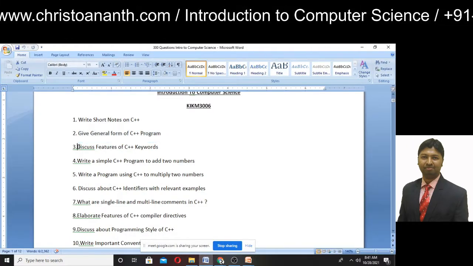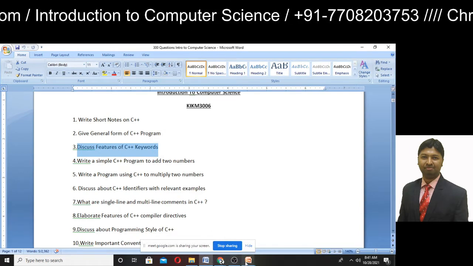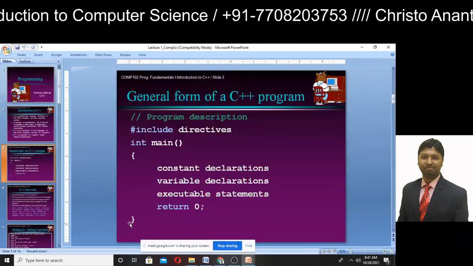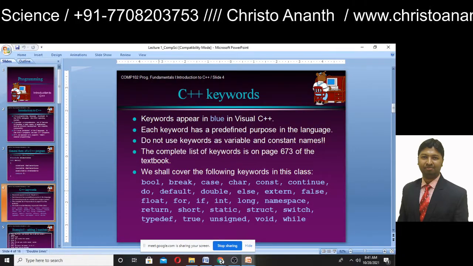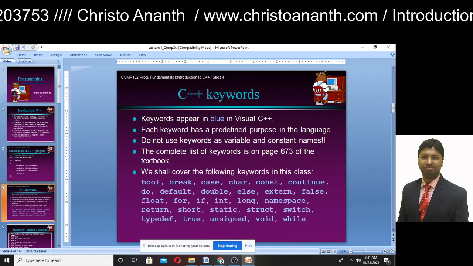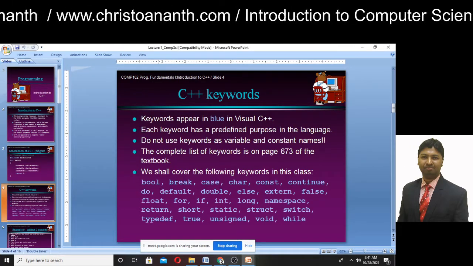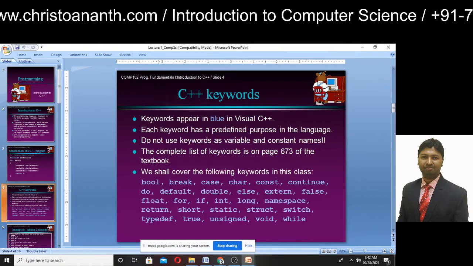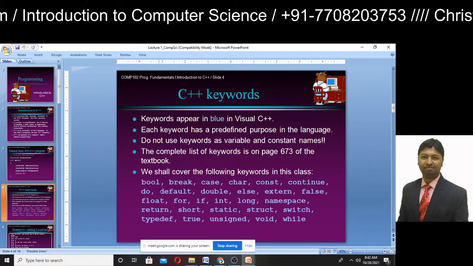And then discuss features of C++ keywords. Okay, I think we have already discussed C++ keywords. So you can say about C++ keywords that each keyword has a predefined purpose. Keywords are not used as variable and constant names. So you can give some examples like bool for boolean, break, case.